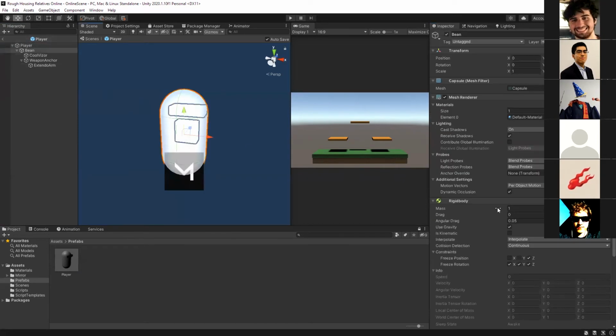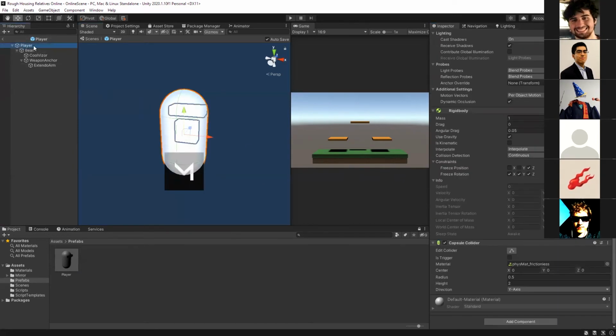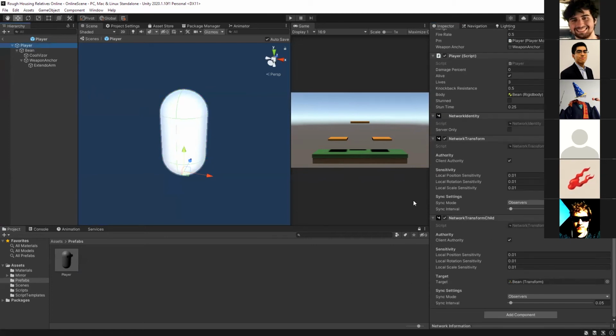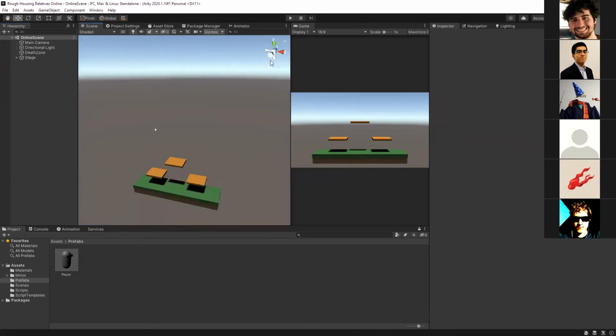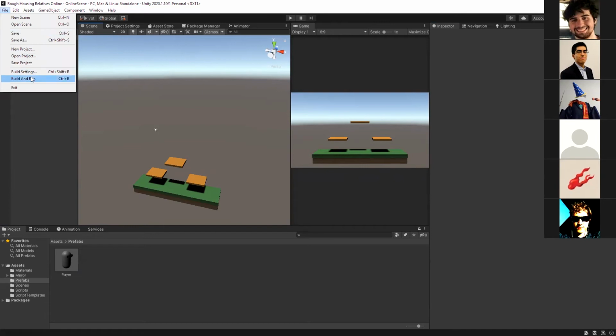But now that we added this network transform component, what should happen is that any clients that are connected will have their positions and transforms sent over the network.